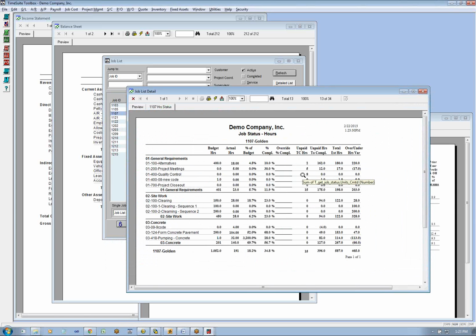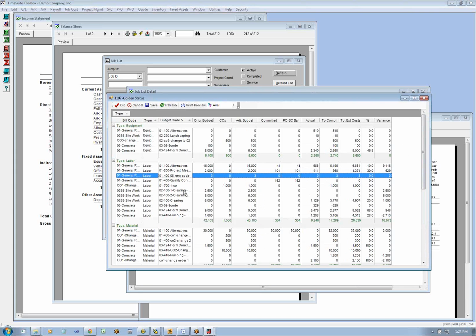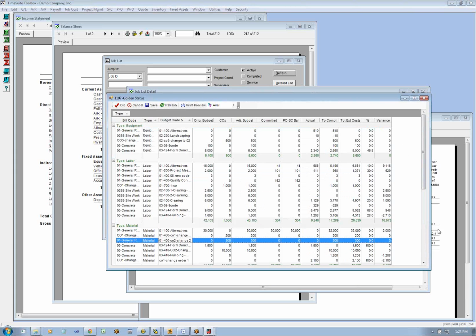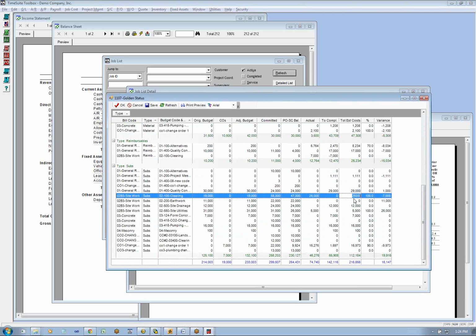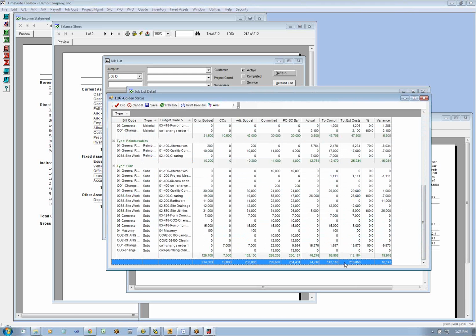So if you have labor, if you're a self-performing GC or you're a sub, you would have the labor projections. The other projections, non-labor, the project managers are going to do those projections saying, yeah, we're coming in on budget or we're over budget, and so overall here we have a job that's 233 revised budget, total estimated cost of 216.